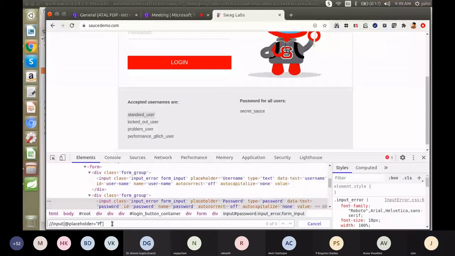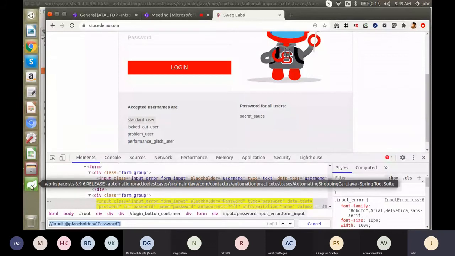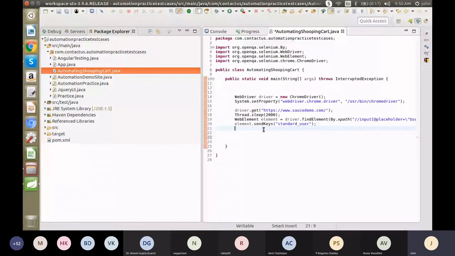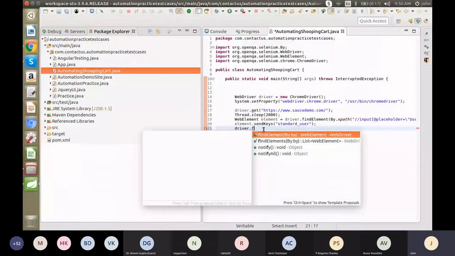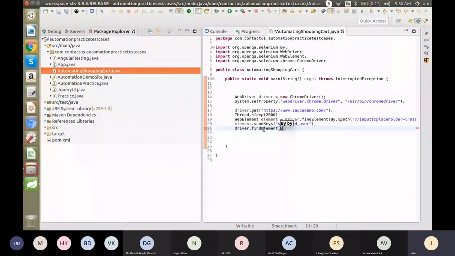I'm copying this XPath and we'll paste it there. So driver.findElement with By.xpath.